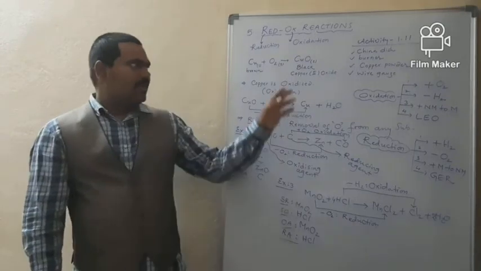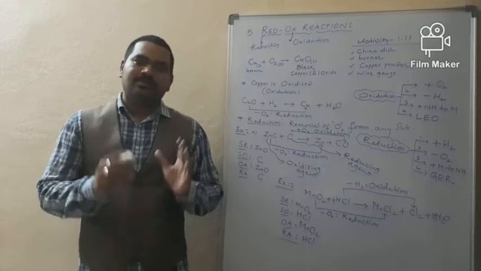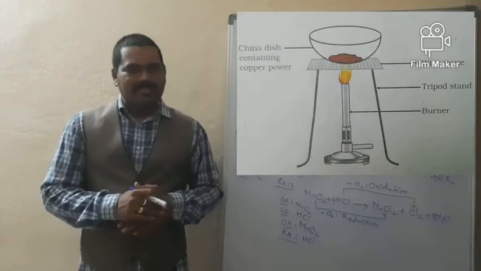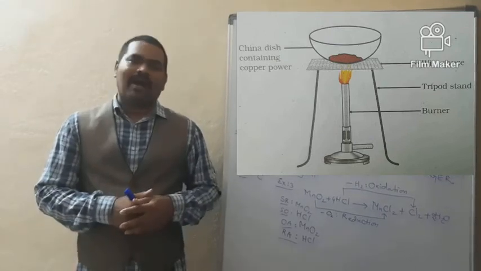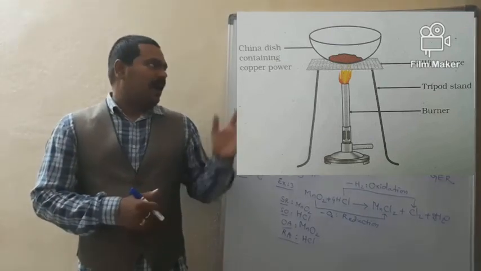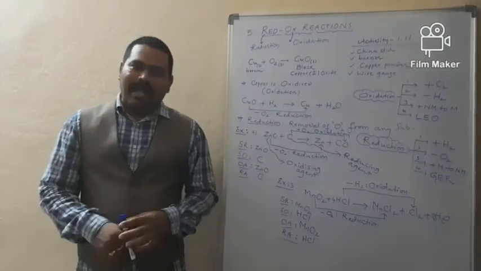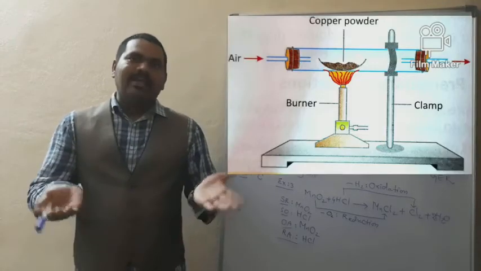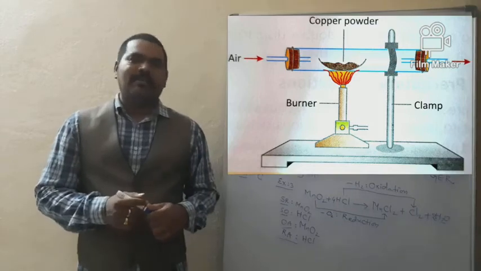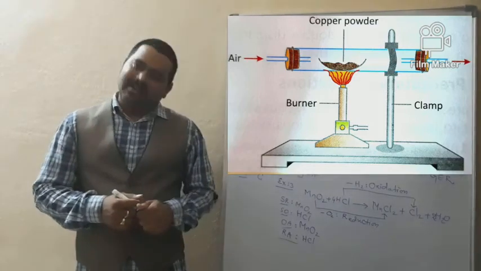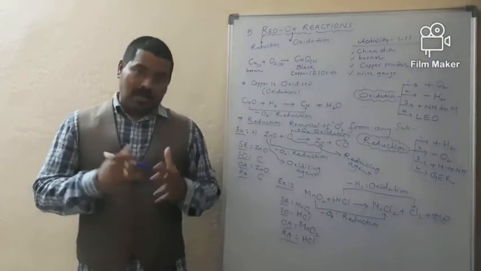Copper powder is brown in color, but if you heat this copper powder in the presence of oxygen, this copper becomes black due to the formation of copper oxide, where copper undergoes oxidation. And if you pass hydrogen gas over this black colored copper oxide, a reverse reaction takes place. We get back copper with a shiny brown nature along with water, which is called reduction. Like this, oxidation and reduction occur simultaneously, which are called redox reactions.